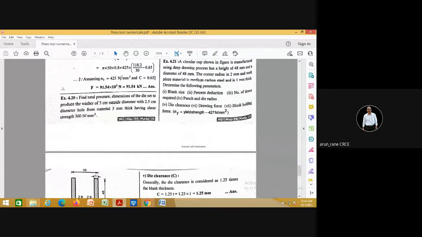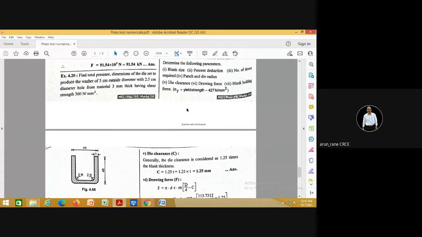This is the numerical. If you want, you can write it down. It has a diameter of 48. So the value of small d is 48, and height is also 48. So whenever they say height, that means by default you have to take it from the top end to end. That is from here to here, and not from here to this. This is for the depth of the cup. Height of the cup means from end to end. This is what is your depth of the cup.